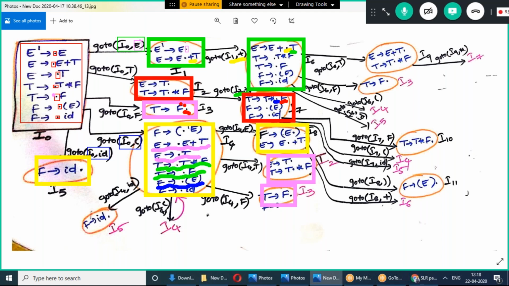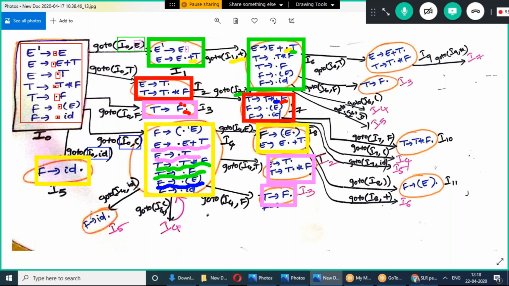After adding T productions, we need to check any non-terminal occurring after dot. Checking has been done, and after that F occurred, so we need to add F productions also. That means this whole thing repeats again. So we keep the self loop.